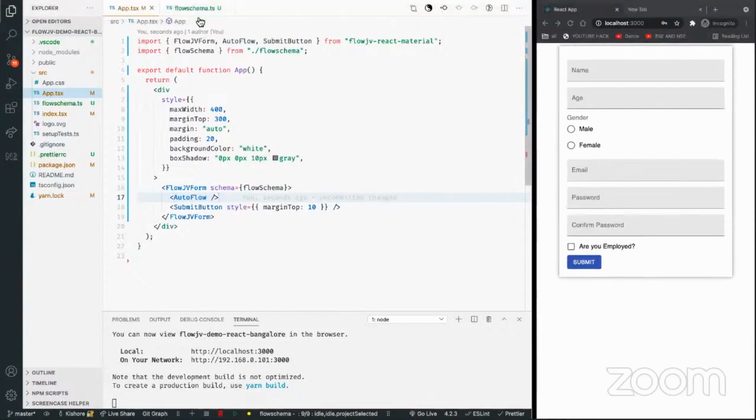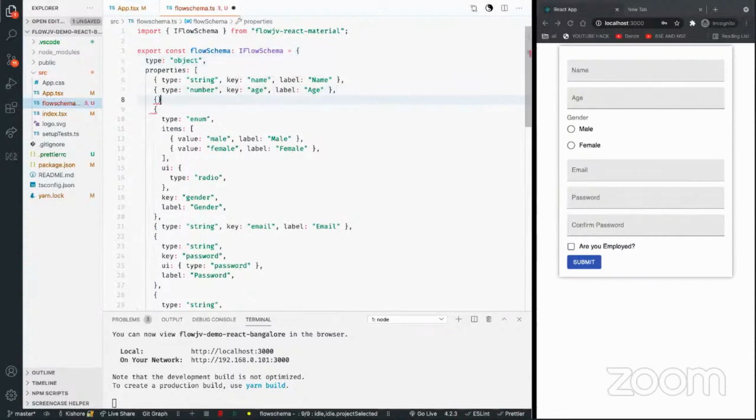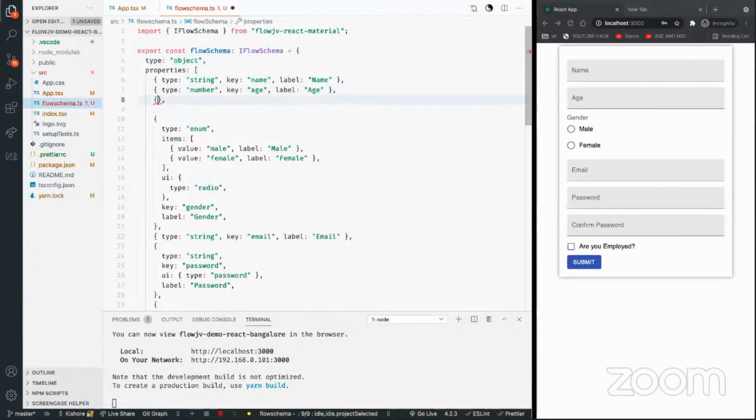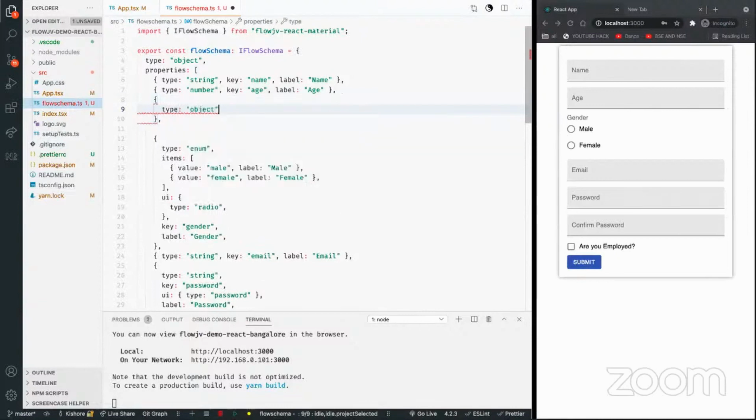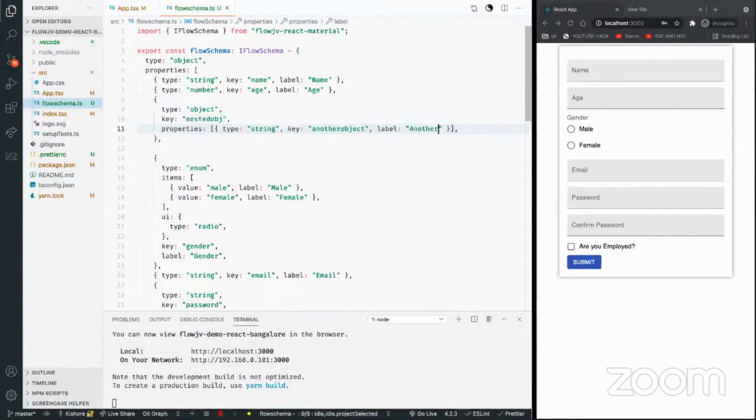And if you define nested objects, a flow schema by default expects an object, and a property itself can be a nested object. You can say that this is of type object, and then you can say the key that this object is going to have is a nested object, and then properties are going to be type string, and this is of type object with another key, nest another object or whatever, and then you can define a label as another.